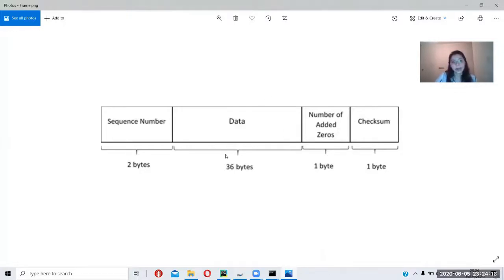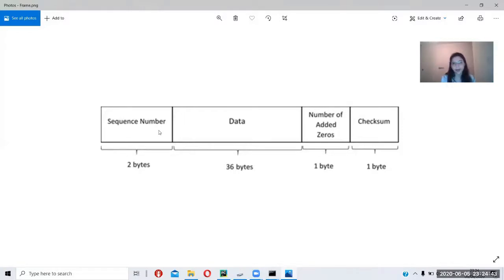However, we're also adding 2 bytes of sequence number, 1 byte of the number of zeros, and 1 byte of checksum. The sequence number is crucial for us because we're using 3-channel communication, which means there's a high chance that the data will get disorganized, especially if one of the frames gets corrupted and needs to be sent again.